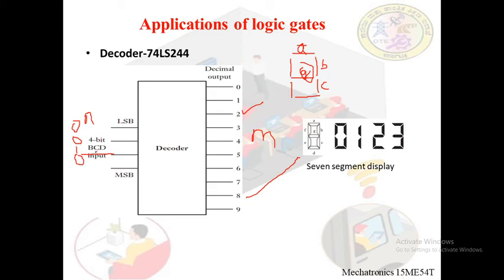When the 4-bit binary coded data enters the decoder circuit, the decoder processes the data and gives the output through one particular line. That is, if the decimal equivalent of this binary coded decimal is the digit 2, only this particular pin gets activated and this will be sent to the 7 segment display in order to represent 2. So this is how the decoder circuit works. Decoder 74LS244 is the typical example which drives the 7 segment display using the 4-bit binary coded data.